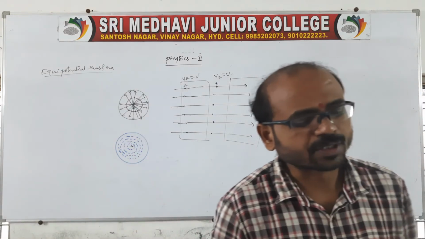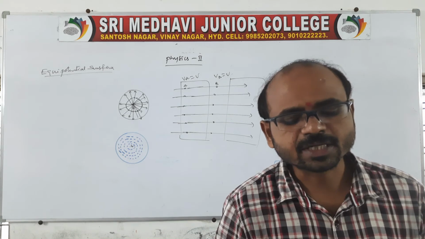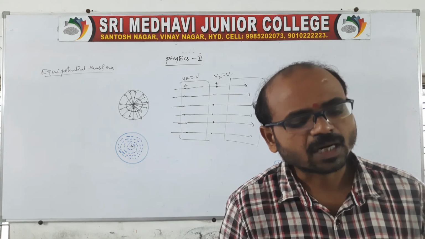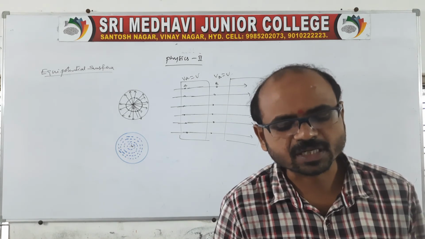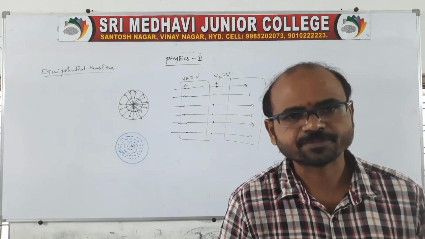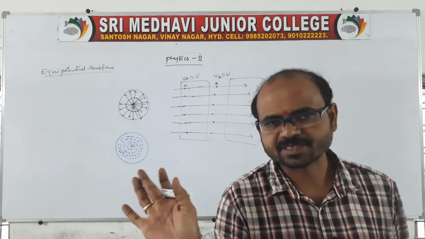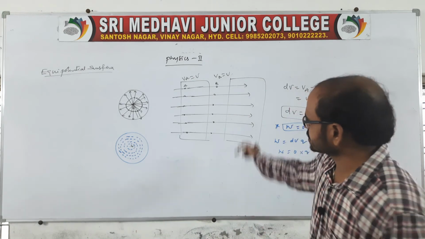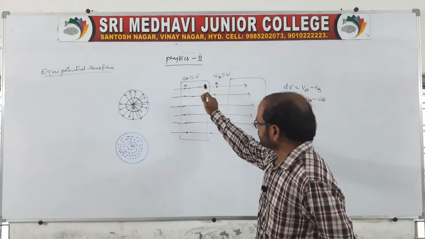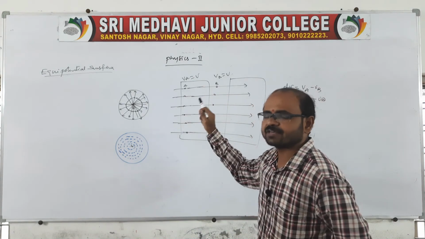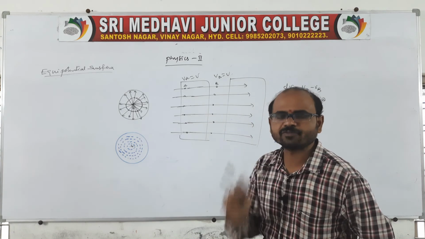In the case of a non-uniform electric field, the equipotential surfaces are curved but still perpendicular to the field. They are not straight lines in the non-uniform case. If it is uniform, they are straight and parallel, perpendicular to the field.